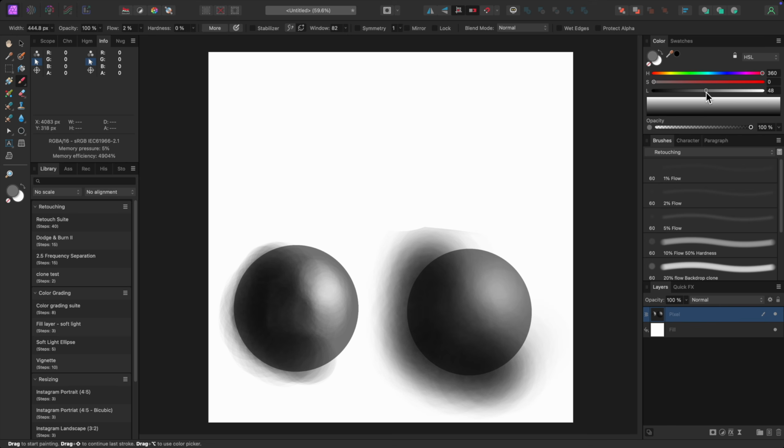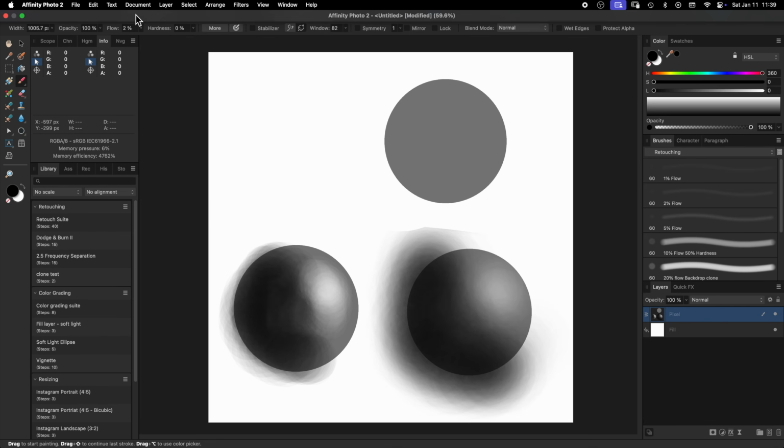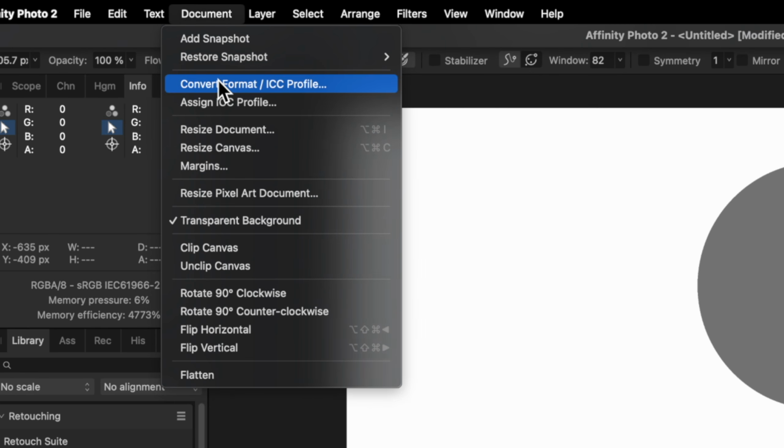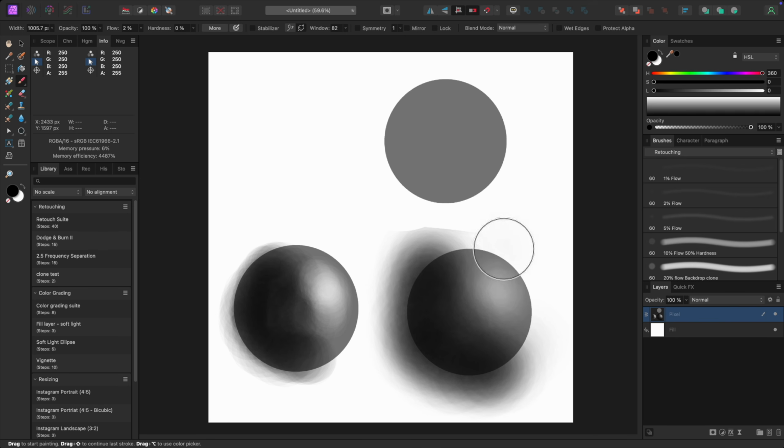Let's paint another gray sphere, full flow, full hardness. Make it a little bit bigger. Okay, and now let's go back to black. And let's change our flow to 0.2 and our hardness down to 0. And now I'm going to go over to Document, Convert Format. And at the very top where it says Color Format, we're going to change from RGB8 to RGB16. Hit Convert. Now it's not going to change anything that we've done already, but now when I start painting with my low flow black here,